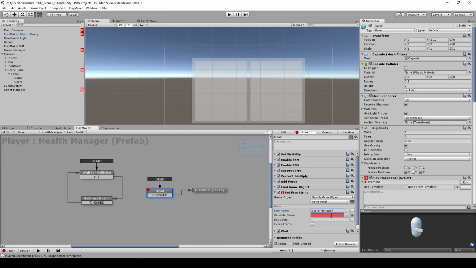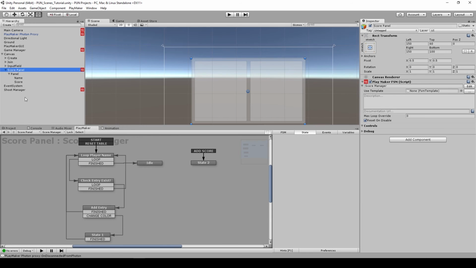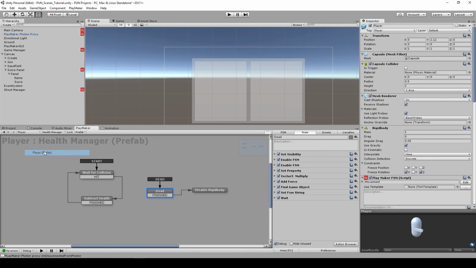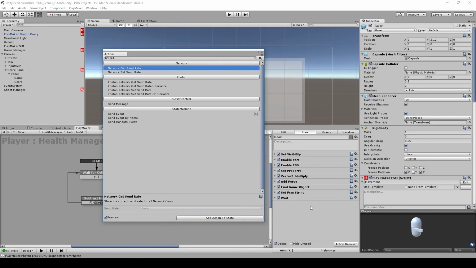So go back to our player here, and the variable name, we are going to use the name variable, and we are going to set the value to our killer here. So when we are executing this state here, the value name will get updated before all of these actions get executed. So this will be updated from this action here. So yep, from this action here,